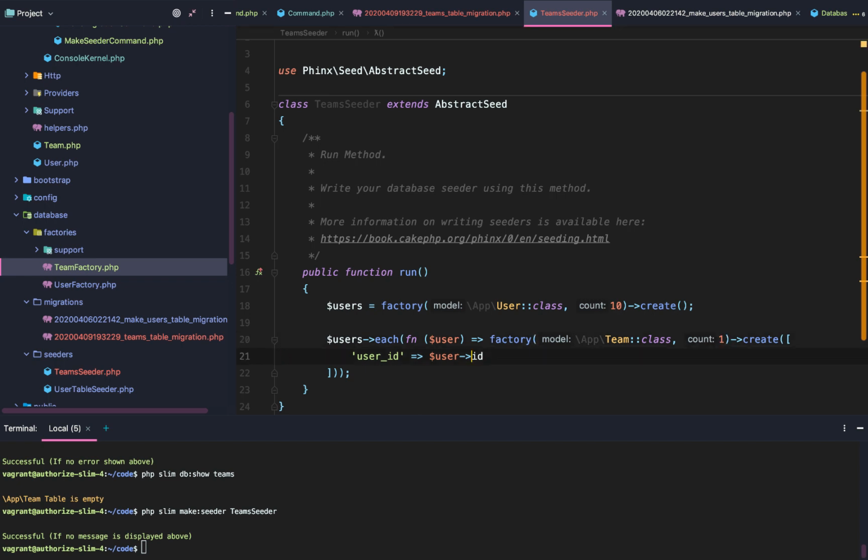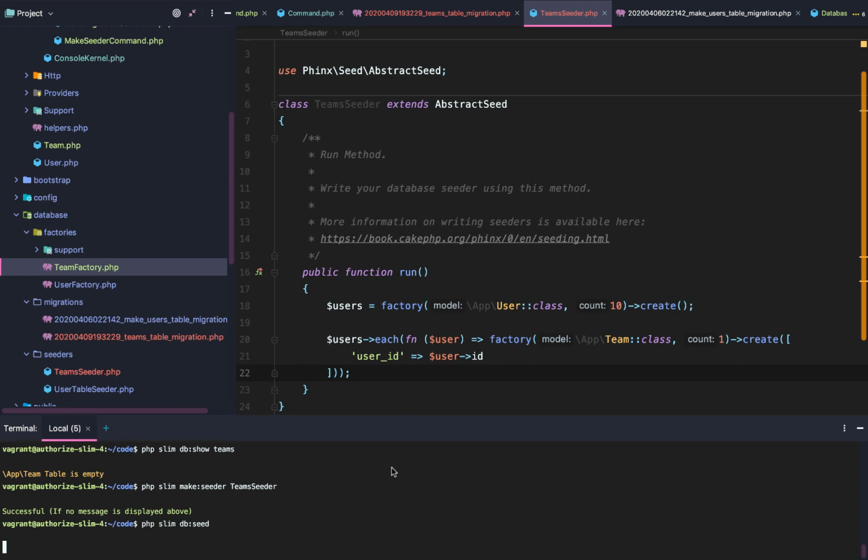And then we're just saying, okay, the user ID is going to be the current user ID. So each user we create here will have one team associated with it. That team's user ID will be that given user's ID. So now if we do PHP Slim db seed,